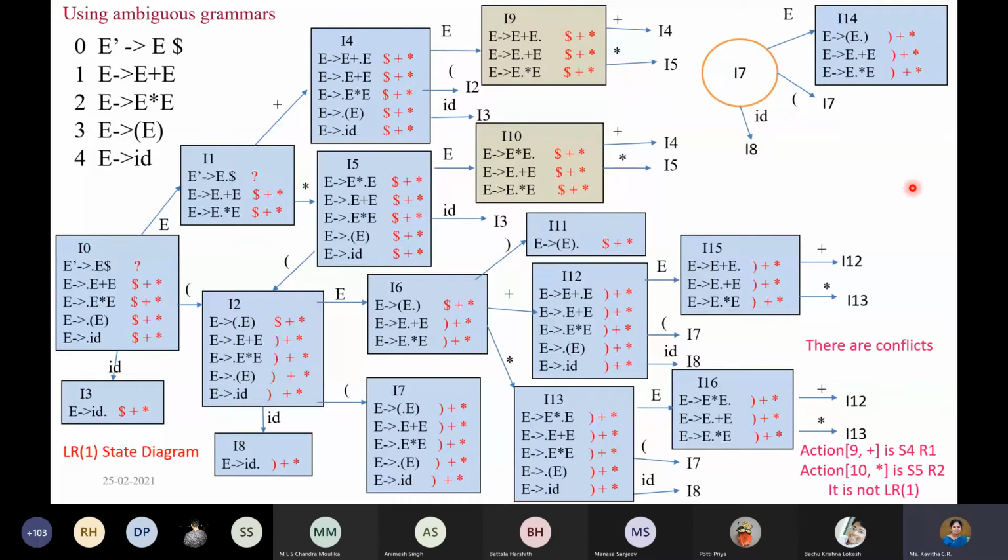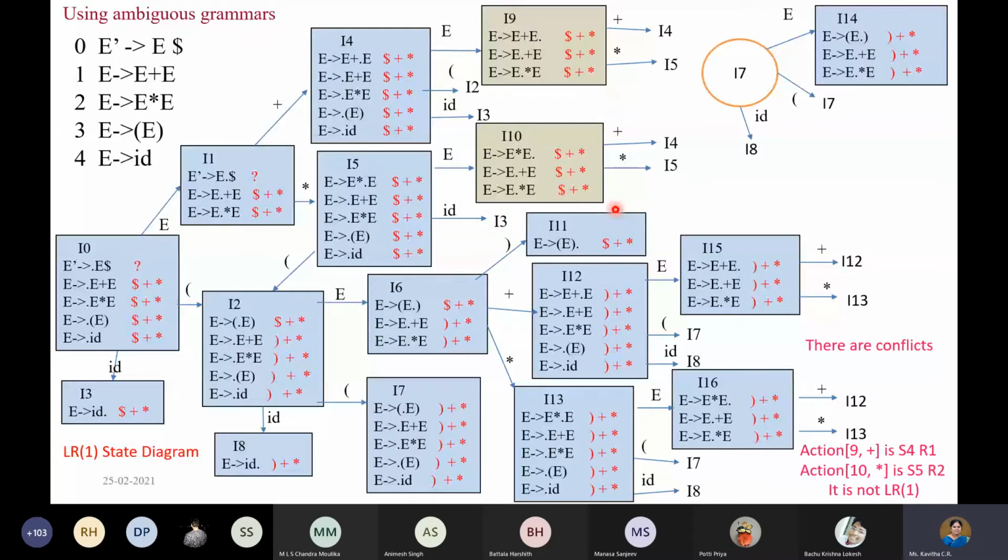Yes, right? So once you write the diagram, you'll understand, okay? You can rewrite the diagram, then you can imagine. So it is similar, I9 and I15 will be similar. Once you start drawing, many states will go off actually. So when you do that, whether any conflict will occur or not, you can see. But anyway, reduce conflict is not coming, okay? Only shift reduce conflict is coming in these examples. You can verify once again.